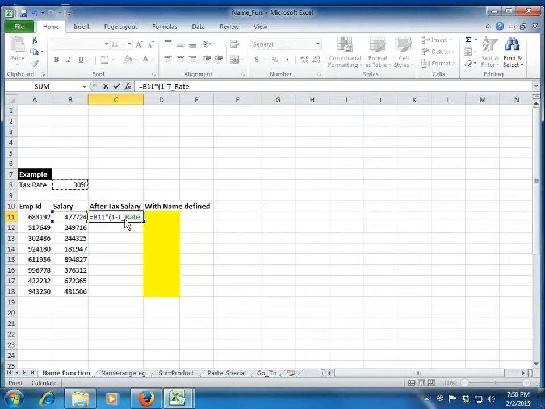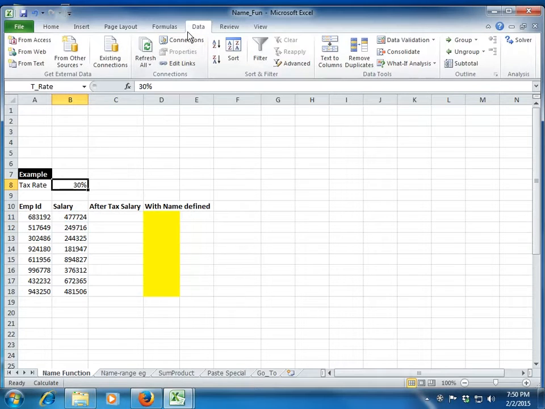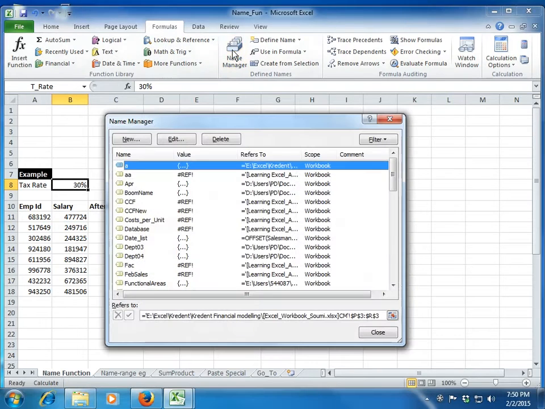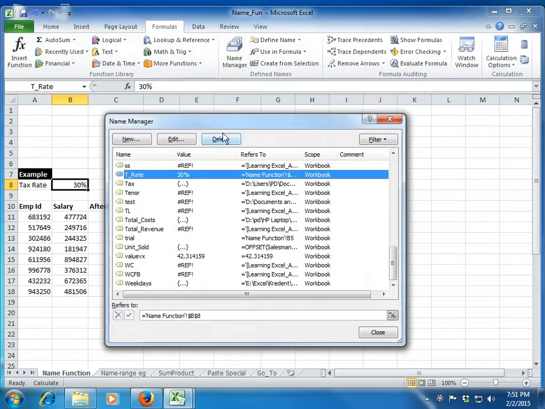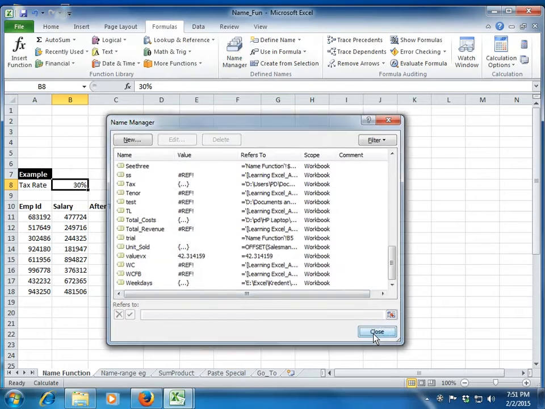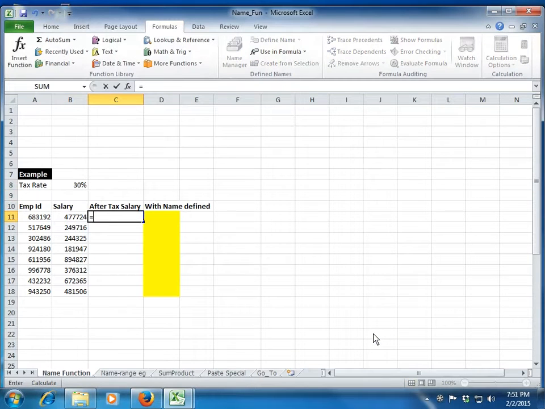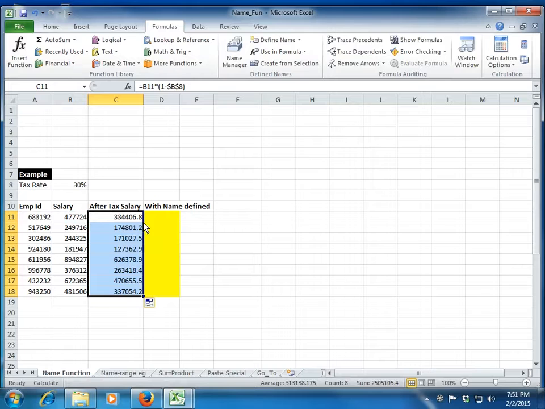This name is already defined, so let me quickly delete the name. Don't worry, guys, I will let you know how to delete a name once we have created it; we will study this operation in a while. Let me write this formula again: equal to salary into 1 minus the given tax rate, which is cell B8. Since I want cell B8 to be constant, I will freeze this cell, close my bracket, and use the autofill option to complete the calculation. You see that I have calculated the salary of all the employees after tax.